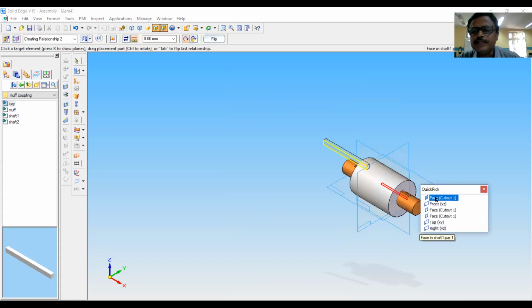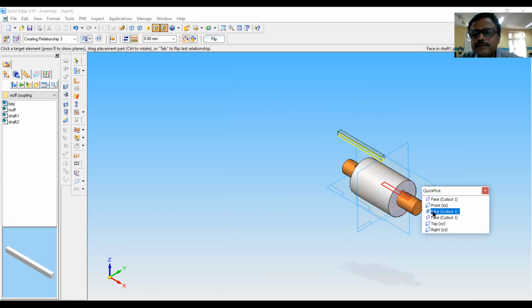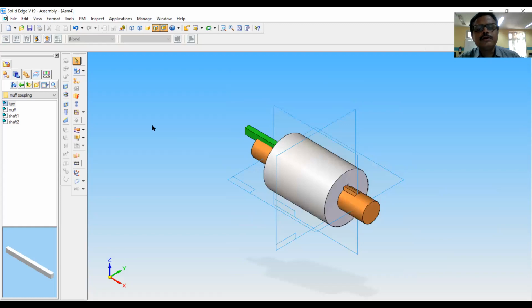It will be this one. Then the third face is this bottom one, the bottom surface of the key with this bottom. Yes, this one. Now you have to push the key inside.